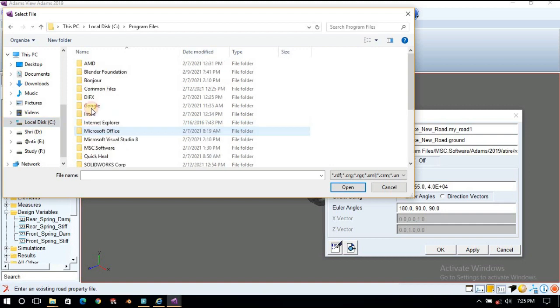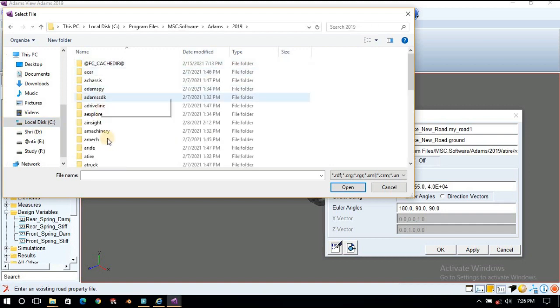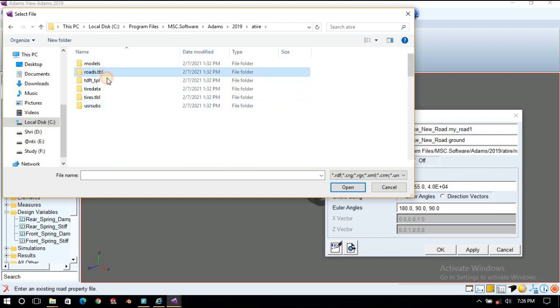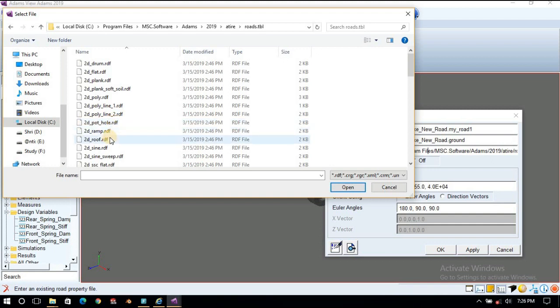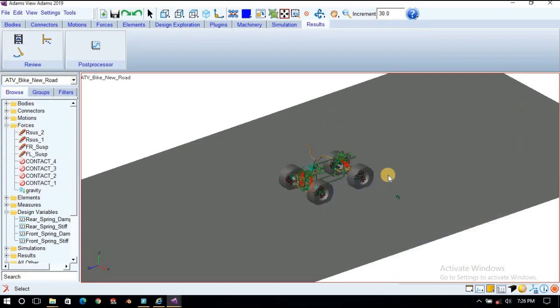So we will keep a different road. Again go to your installation folder, Adams 2019, tire data, roads. I am just showing the different types of road. This is a 2D ramp, we will choose the 2D ramp, and let's see what the road profile is here. You will observe a ramp here, so this is the road profile.